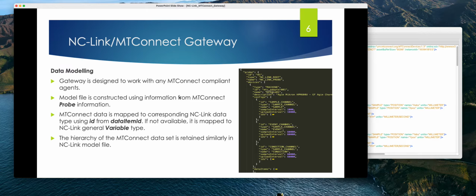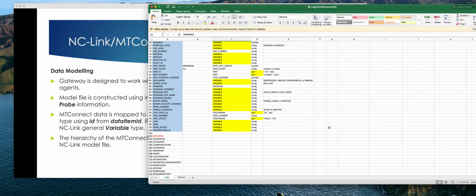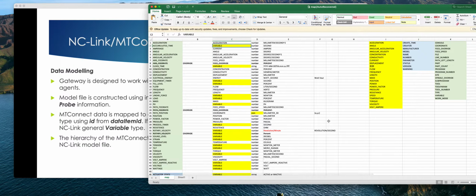So what we do is we map each of those MTConnect data types to the MC-Link data type, based on whatever type information we could map. It's pretty straightforward in some ways, but because the vocabulary in the MC-Link is smaller than the MTConnect, for some of those we cannot find a one-to-one mapping. We map it to a generic type called variable.